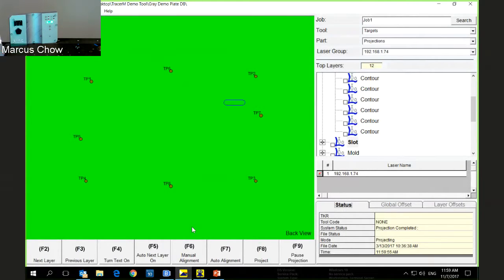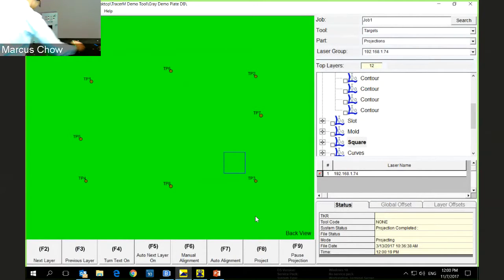So if I move to the next one, it moves to the next projection, which is the round slot. So if I project to the next one, we have the mold as well. So with mold shapes, again, if I place my mold within here, you can see that it is accurately positioned, and you can verify it this way. So similarly again for the square projection,